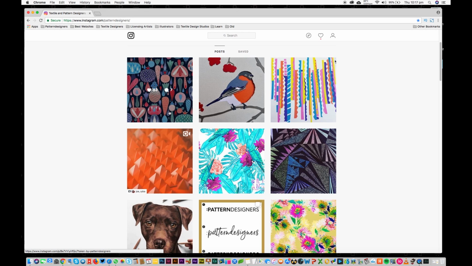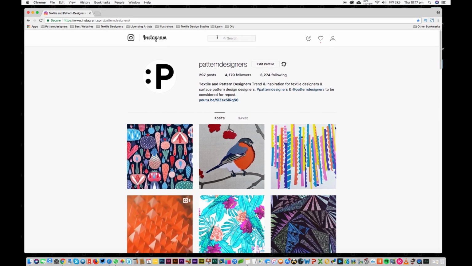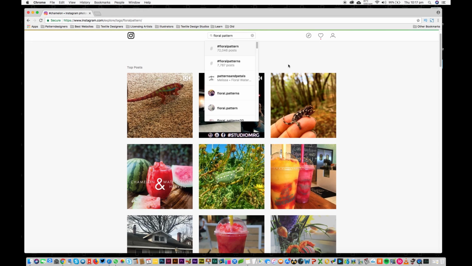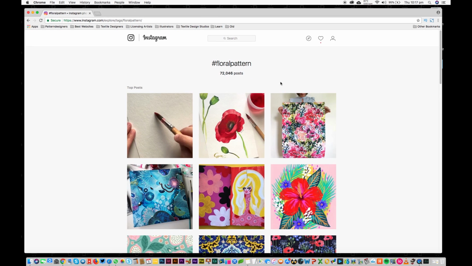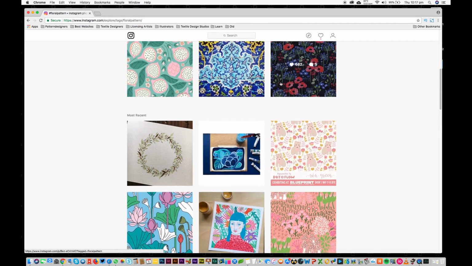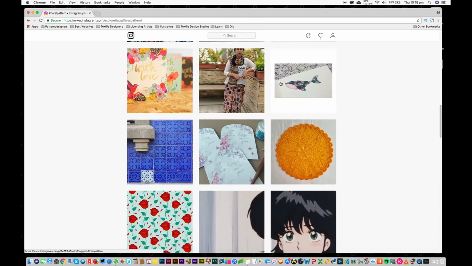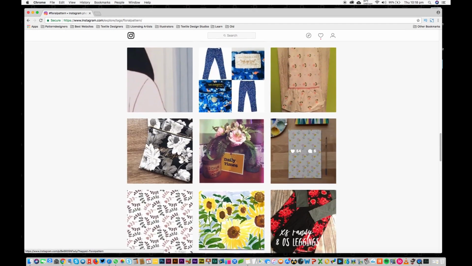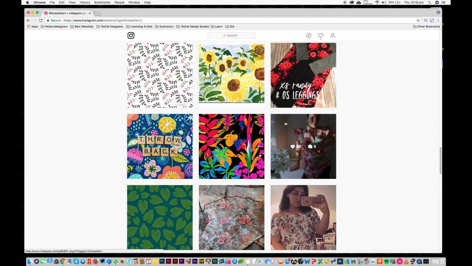Whereas Pinterest takes a little while to filter down, but with Instagram you can search for, okay, if you're looking for a floral pattern, it's got 72,000 images there, so you're getting the freshest, like people painting their flowers, people using Illustrator or Photoshop to create their flowers. You get some random stuff as well, but you're getting the latest. So there's my 2 inspirational websites.